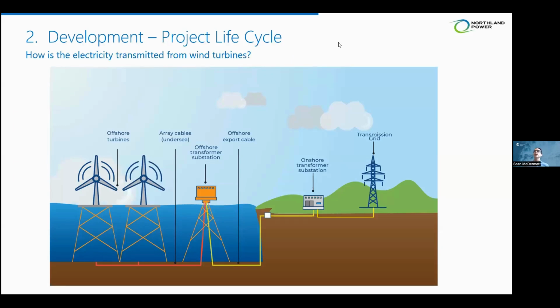So for the next parts of the presentation, I'm going to talk a little bit more about what a typical offshore wind farm looks like. This is a pretty basic graph or overview of the main components of an offshore wind farm. I'll say from the beginning, no two wind farms are alike. In this graph, we're showing turbines on a jacket foundation. Jacket is one of 3 to 4 common kinds of fixed bottom foundations, and increasingly we're seeing floating foundations in offshore wind.